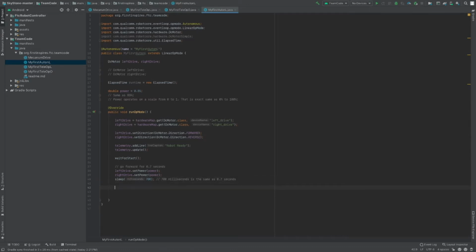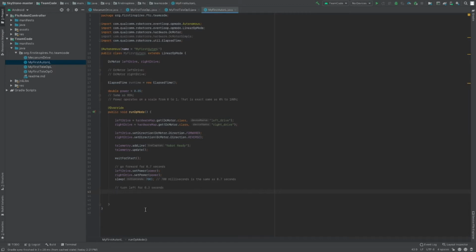Next, we're going to make a turn. So go turn left for 0.3 seconds. And like I said, these sleeping values are going to change based on your robot's weight, its size, the wheel type. So there's a lot of different variables, but understanding how it works conceptually is going to really help you if you want to copy this code for your robot